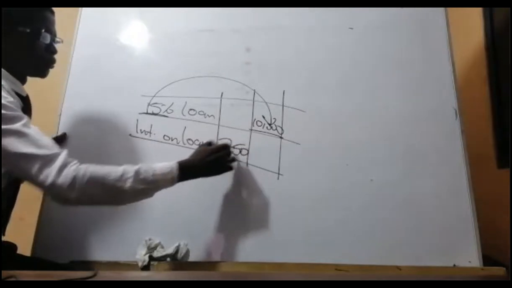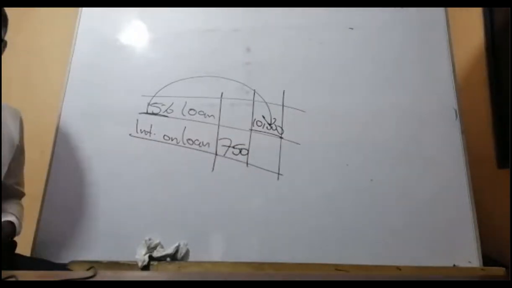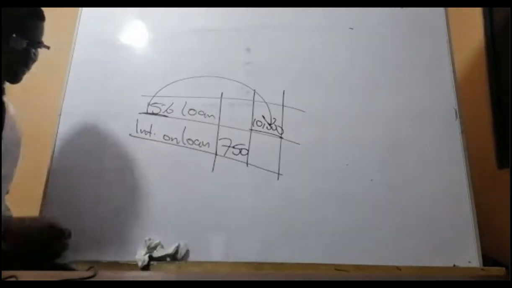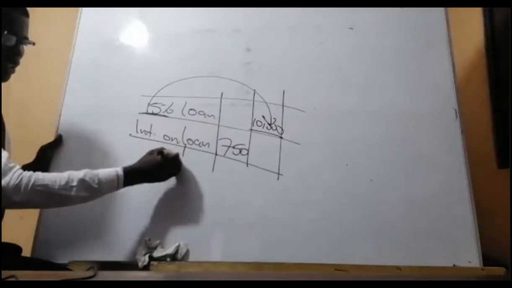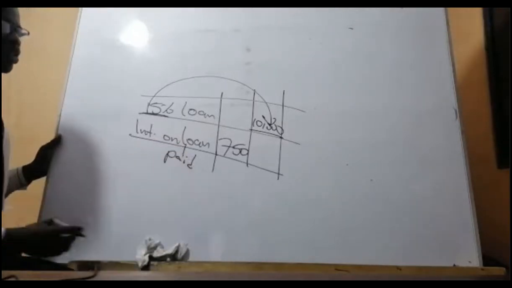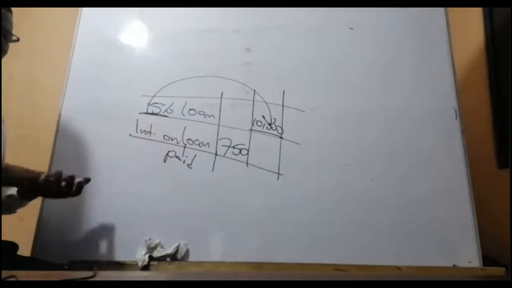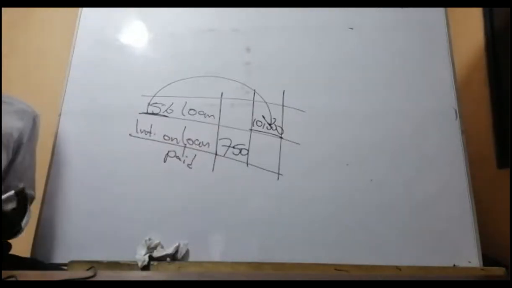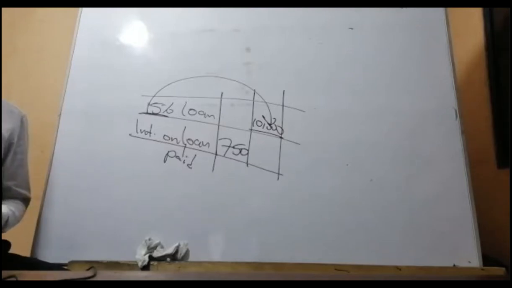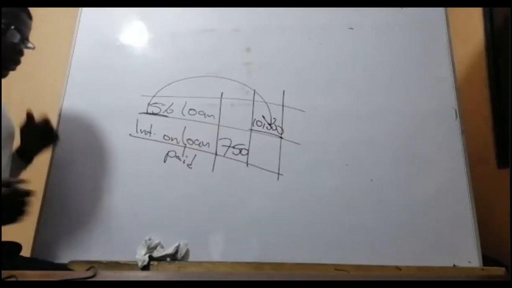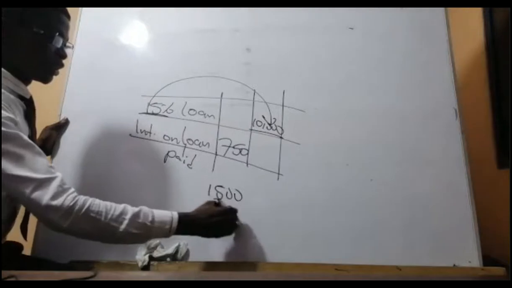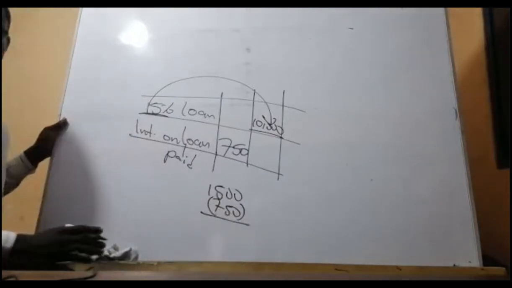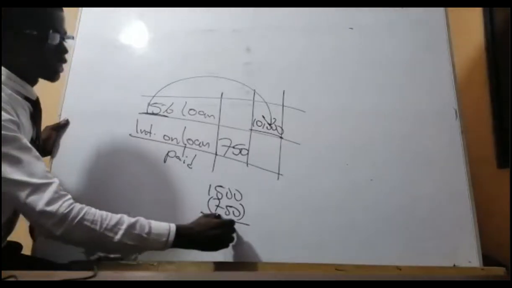Good. But in a trial balance, sometimes you see loan note interest or interest on loan, and you see 750 here. When you see this, the interpretation is that the whole year, the loan note interest that they paid is 750. Whether the examiner had written paid or not, it implies that this is the amount that you paid in respect of the interest on the loan note. So out of 1,500, if you only paid 750, how much are you owing? 750. You are owing 750.